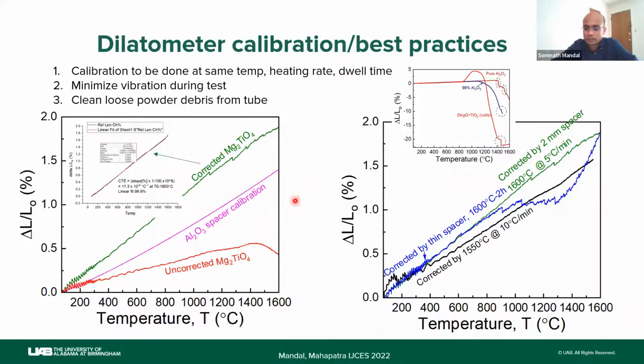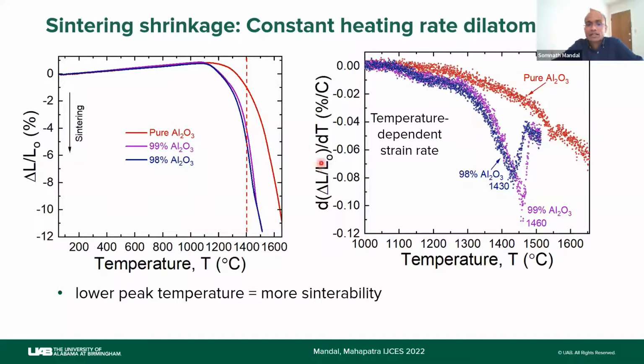And then you have to clean the tube inside to remove powder which can react with your sample as well as the tube. Now, once you have done all that and you have optimized your dilatometer, you can study your pressed pellet directly, and you can see there is a sintering shrinkage of alumina and then impure alumina. And from this, if you do a temperature dependent strain rate, you get this downward peak, which gives an estimate of the optimum sintering temperature. And from there, the lower peak temperature means it sinters better. And I will be using these concepts later on